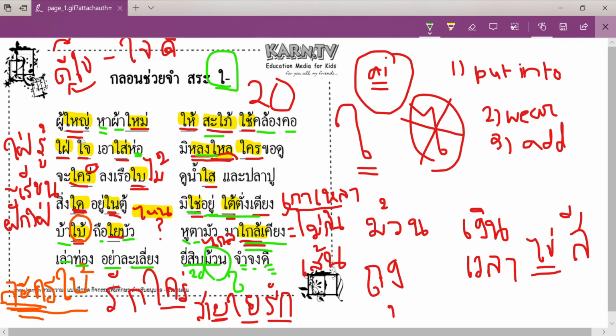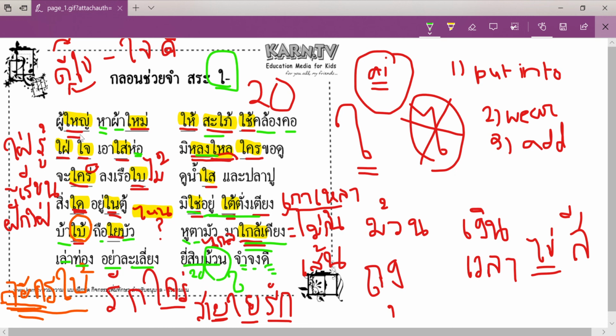So ผู้ใหญ่หาผ้าใหม่ให้สะใภ้ใช้คล้องคอใฝ่ใจเอาใส่ห่อมิหลงไหลใครขอดูจะใคร่ลงเรือใบดูน้ำใสและปลาปูสิ่งใดอยู่ในตู้มิใช่อยู่ใต้ต่างเตียงบ้าใบ้ถือใยบัวหูตามัวมาใกล้เคียงเล่าท่องอย่าละเลี่ยง 20 ม้วนจำจงดี. Okay, this is the whole poem, and ใหญ่ from ผู้ใหญ่,